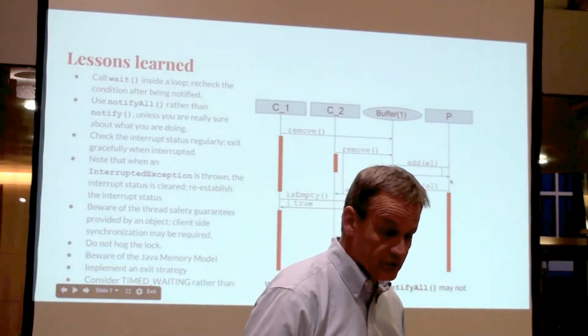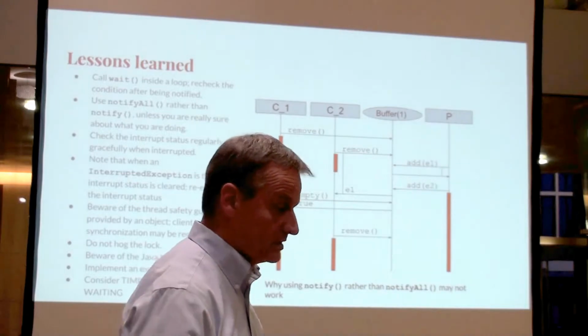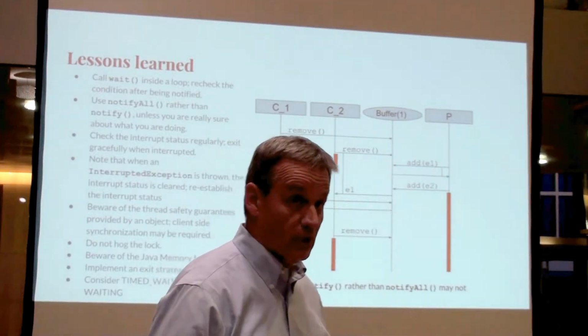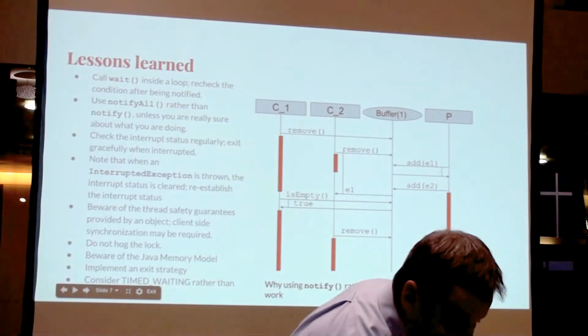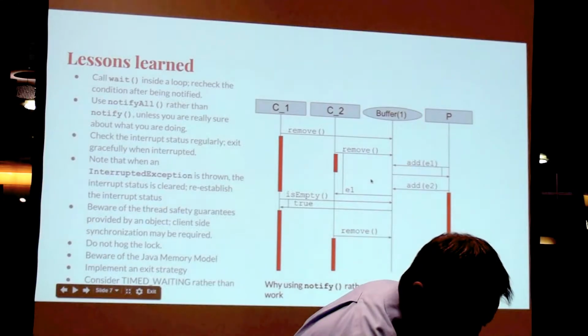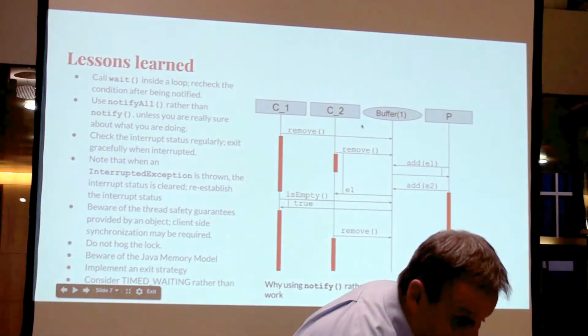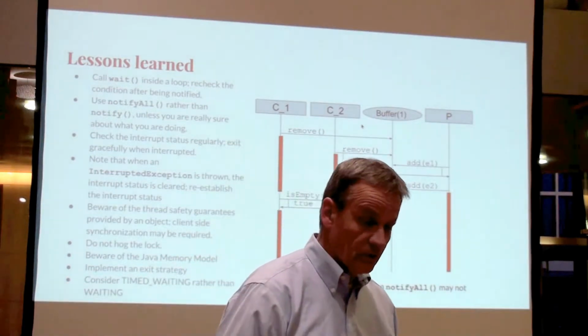So P goes first and tries to add an element E2, but the buffer capacity is 1 here, so that method blocks. P goes into the waiting state and releases the lock. Now C2 is the only runnable thread, acquires the lock and completes the remove